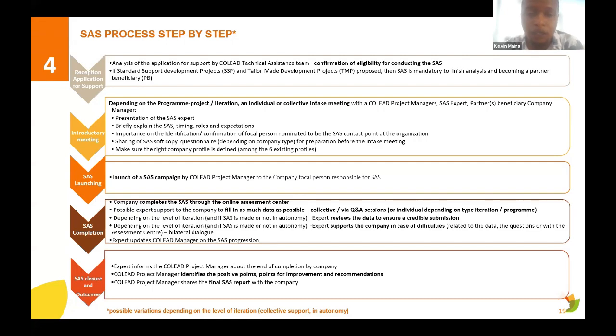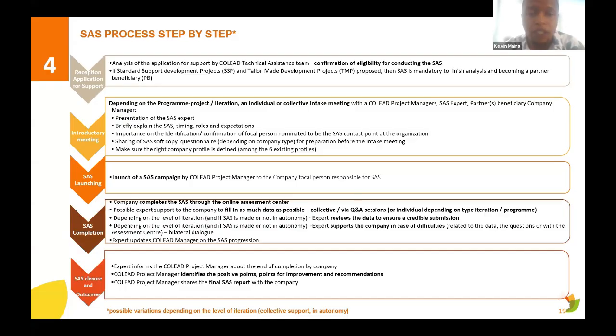Again, quality, we check on quality. It could be collective and individual depending on the type of iteration. And again, here we are looking at the second iteration, so I'll be explaining the next steps in terms of this particular iteration. Again, depending on the level of iteration,